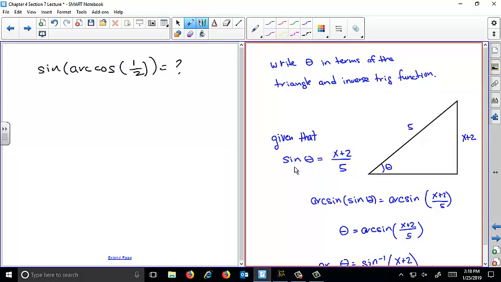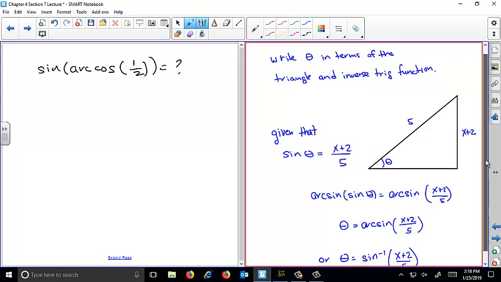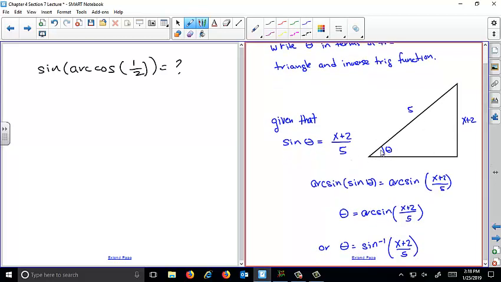So you're given that the sine of theta is (x plus 2) over 5. The question is, basically, how do you solve for x? That's what they're asking for. So how do you make this into theta equals something? In this case we don't actually have to fill in the triangle because of the question they're asking. So if you look back to solving exponential equations, let's say